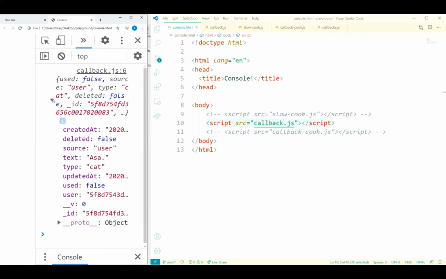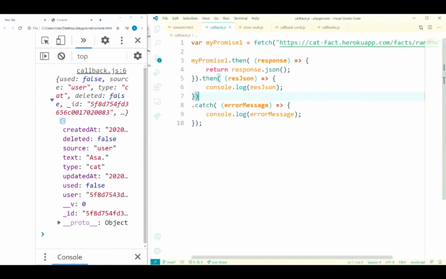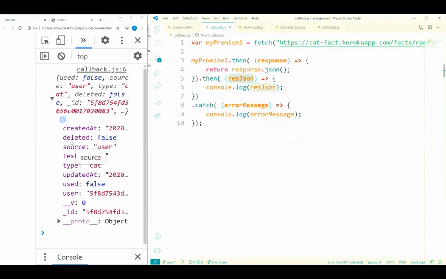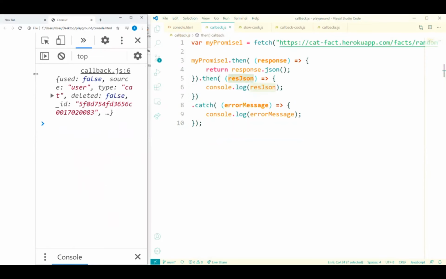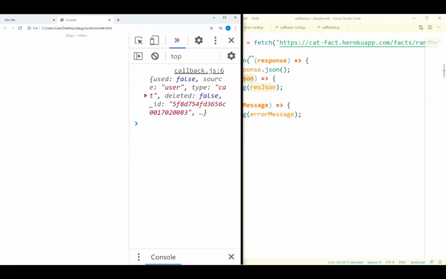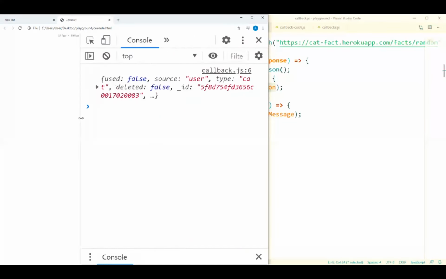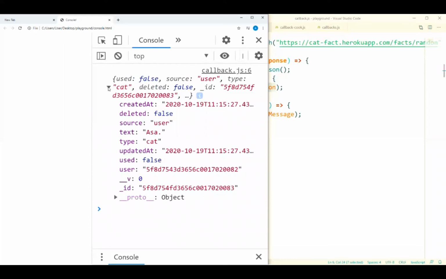This is a JSON object, and we can console.log it because we can use it. This is actually a variable. So this is now res.json. I'm going to try and make it bigger so you guys can see. So this is our object. This is the thing returned in JavaScript object form.